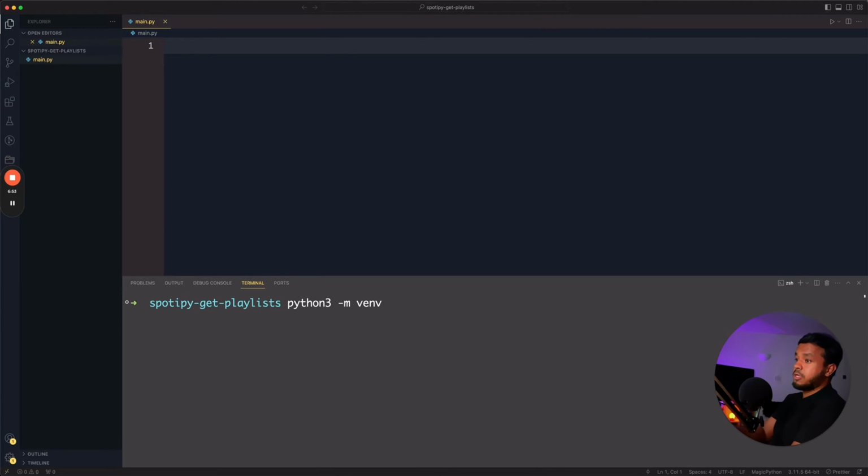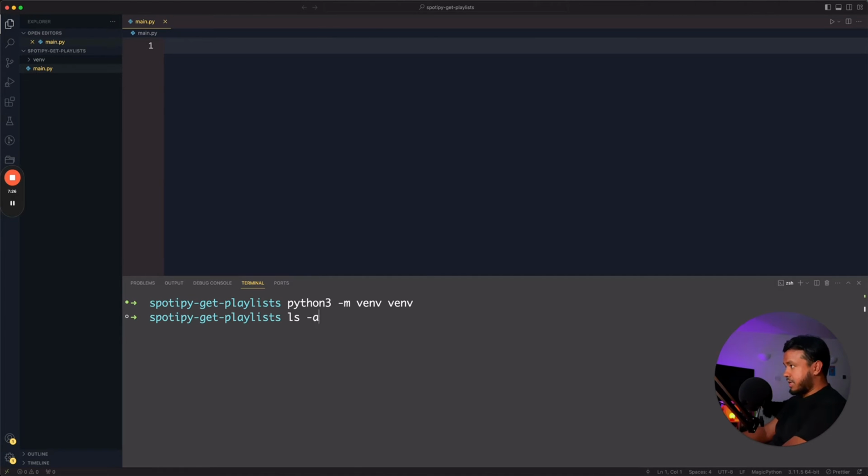And then the last thing that we need to do is give it the name of the environment that we want to create. I typically call it venv. It looks counterintuitive, but essentially I call any environment that I make venv, because what will happen is it's going to create a folder called venv inside this directory, and I'll show you that in a second. And in that way, because this folder is inside the directory, it's isolated to this project. So if I tap enter, you will see that it goes ahead and it creates the virtual environment, and I